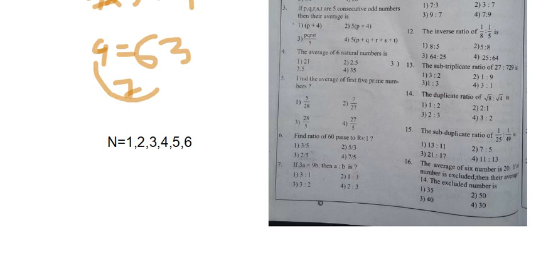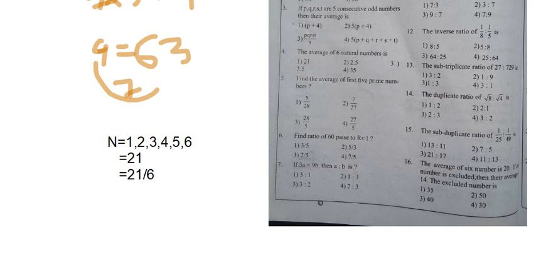Yes, the second step is what? Add all. 6 plus 4 is 10, 5 plus 5 is 10, 20, 21. So finally I got how much? 21. And next, step number 3 is what, guys? Now we are finding the average, which means the sum of observations by the number of observations, which is 6.